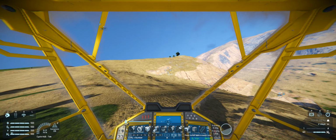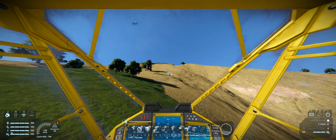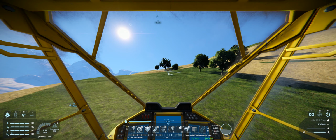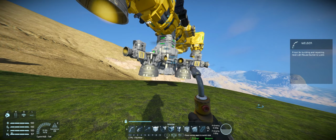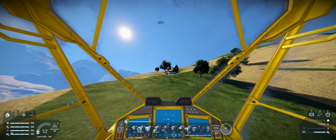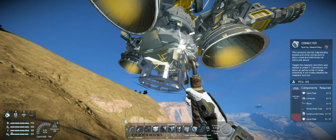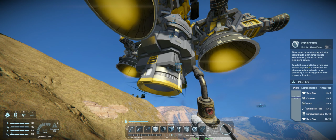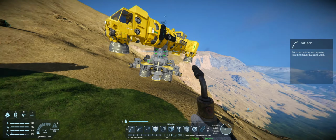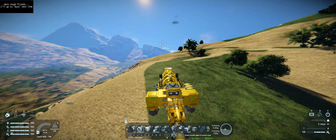Oh, man, it's still... Why is it still going down? There's no way that I'm heavy enough for all these thrusters. But unless I am. I don't know. Great. It's going to touch down. Go ahead and put this back on here. Still going down. That is so strange. Look at this. I've got 8. Wait, is it? Okay, I'm thinking that was a rotor bug. I still have rotors on those landing gear, so...